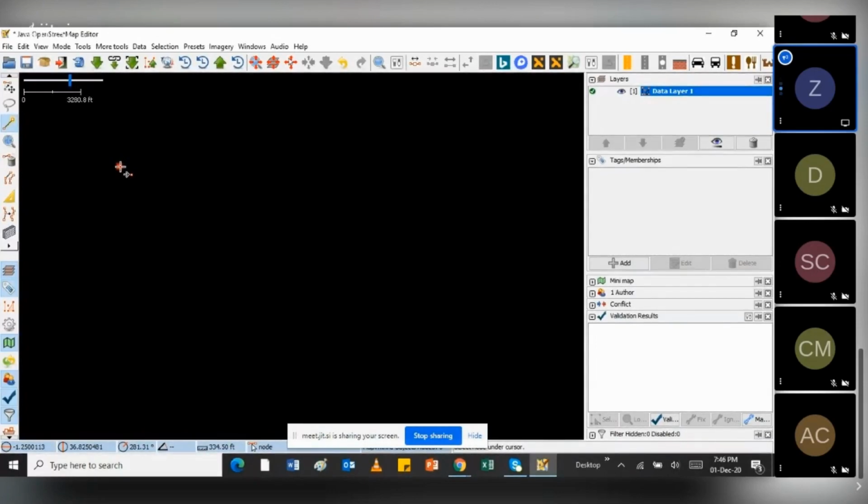Then if I want to draw a line, it's just a sequence of nodes. So just click there, then click next, then next, and next. Once I come to the end, I just double click, and my line feature has been added.